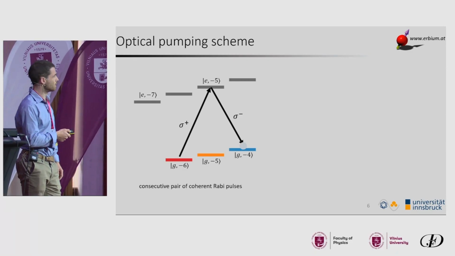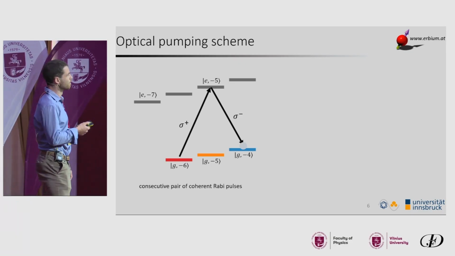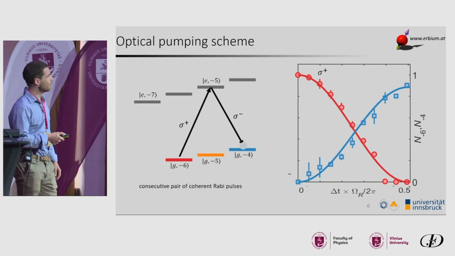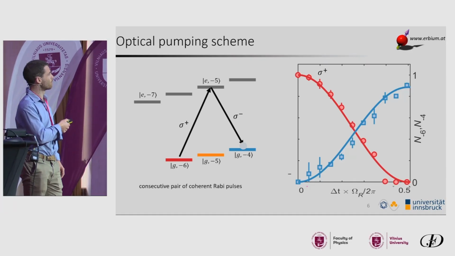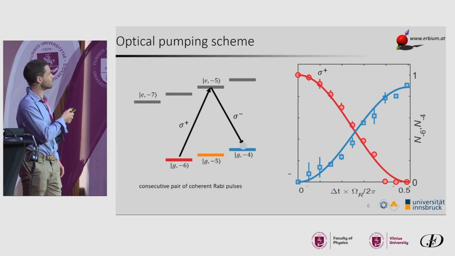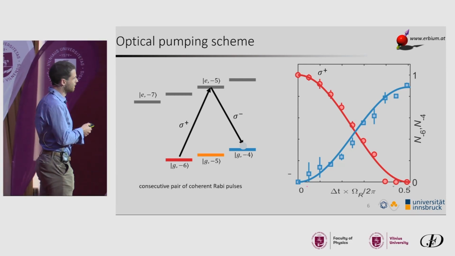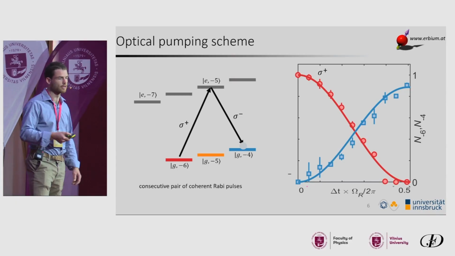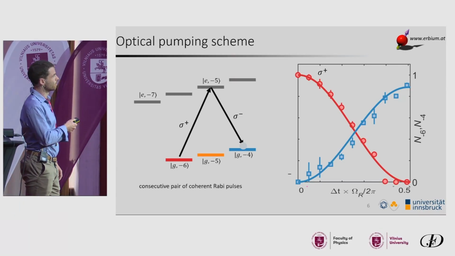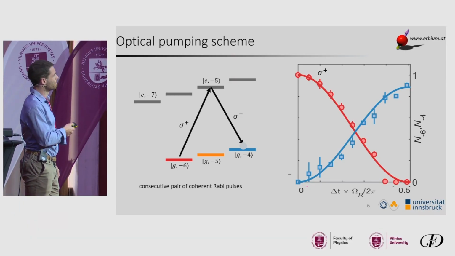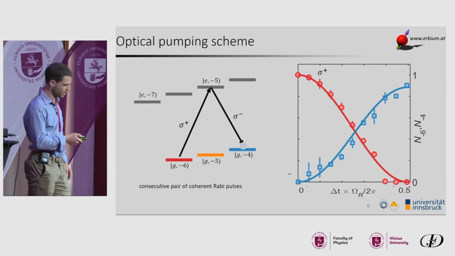And so we can do a series of two Rabi pulses and then bring all the atoms to the excited state -4. By just tuning how much we transfer from the first ground state to the excited state, we can also control the population. And then once we are in this state, we can actually repeat this process. We can change the polarization of the second pulse. Instead of having sigma minus, we could have pi and again have the atom in the -5 state.